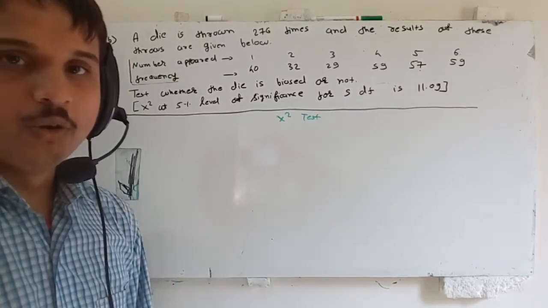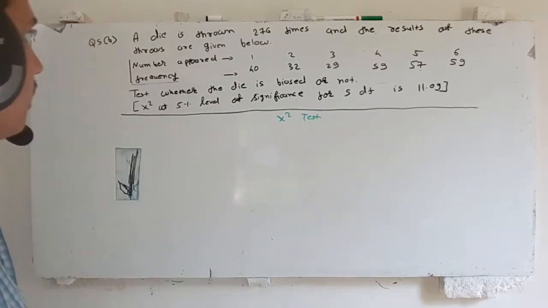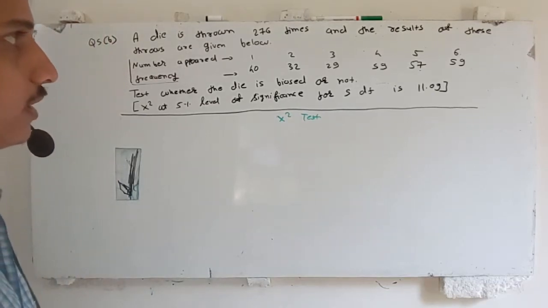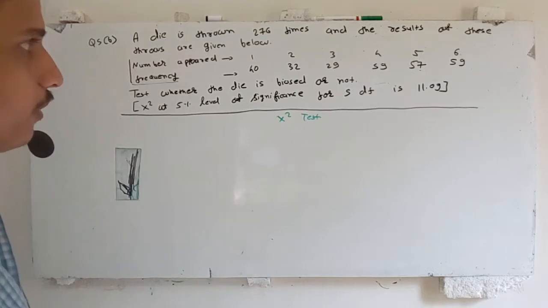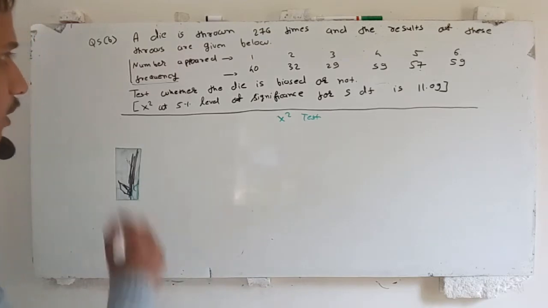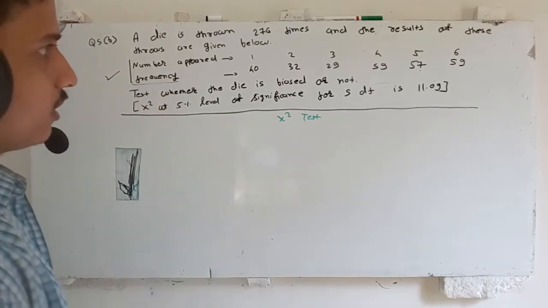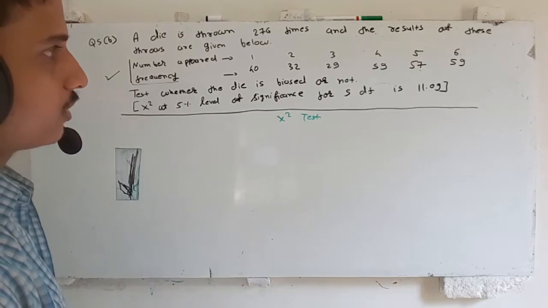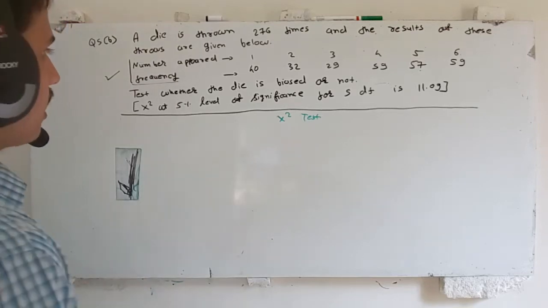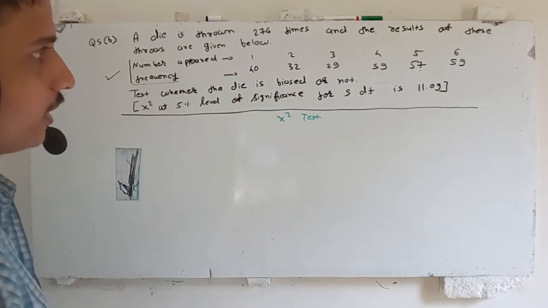In this video we will do an example related to the chi-square test. The question says a die is thrown 276 times and the results of these throws are given in the table. In the first row of the table, all the possible numbers when we throw a die are tabulated. In the second row we are given the frequency, that is the number of times